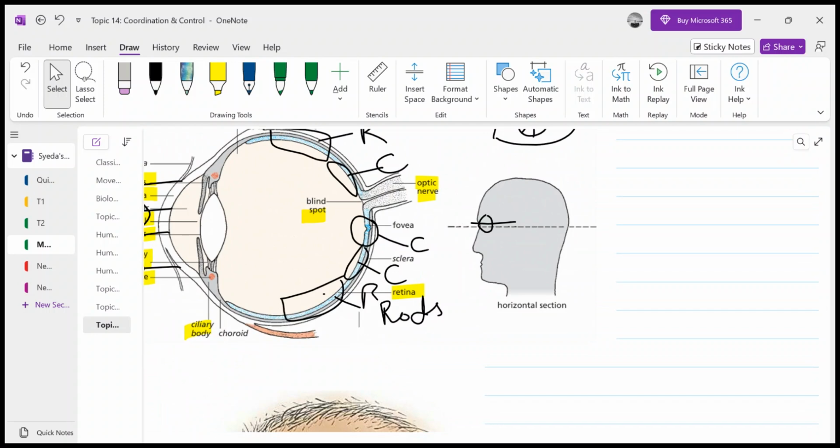Color blindness is because of the rod cells. Sorry, not color blindness, night blindness, right? And color blindness is due to the malfunctioning of the cone cells, and night blindness is due to the malfunctioning or not working at all of the rod cells. Some people basically cannot see at night or in the darkness. The reason behind that is that their rod cells are not working at all. And some people have very much difficulty in seeing, their rod cells are working but not working properly, right?